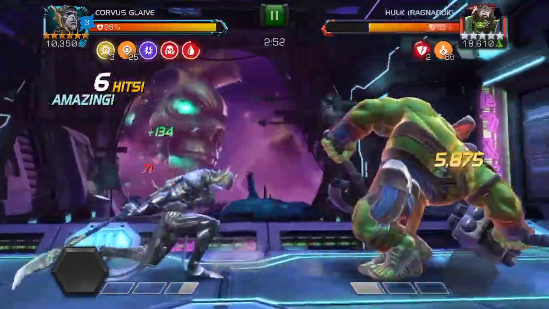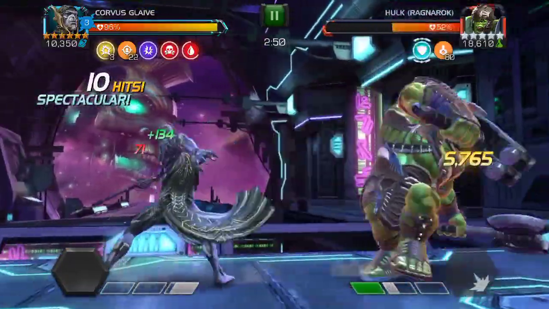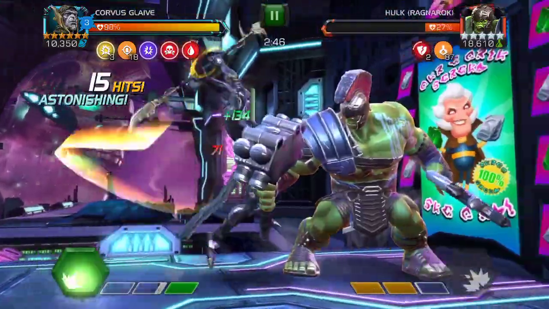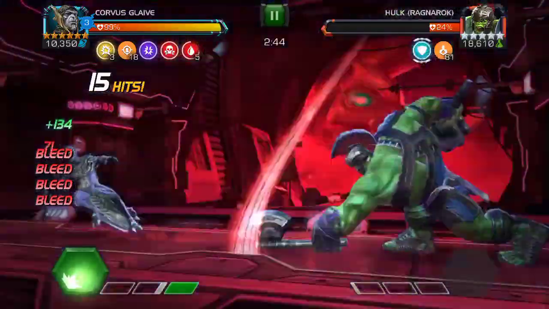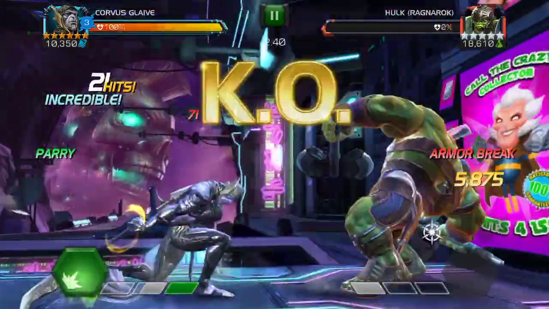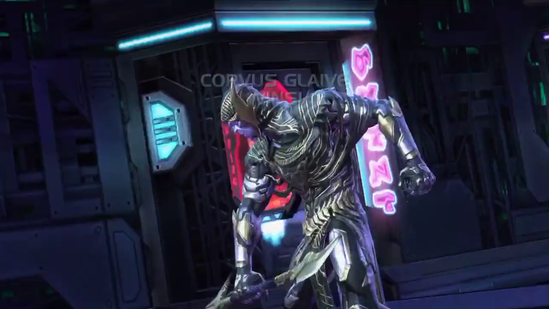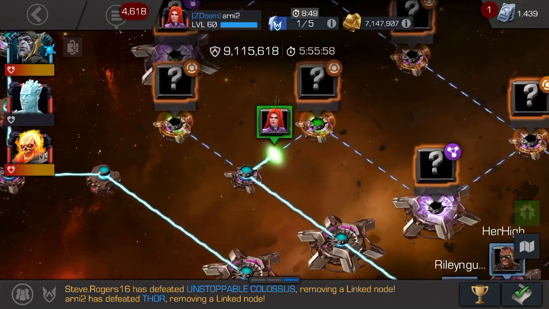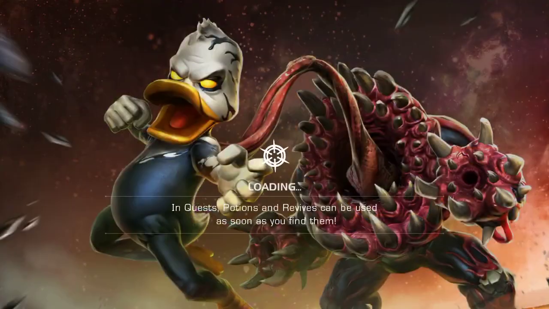Oh man, I hate his SP1. He sometimes manages to cut me and do a lot of damage, but here I'm pushing him to SP2. And you remember Corvus was at 75% health? Just pay attention to his health now. Willpower and immunity to bleed just give me more health,